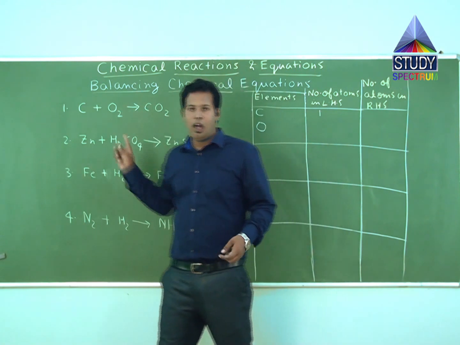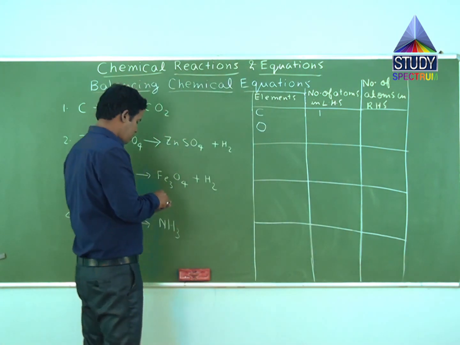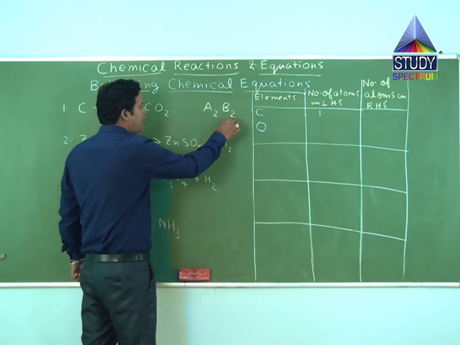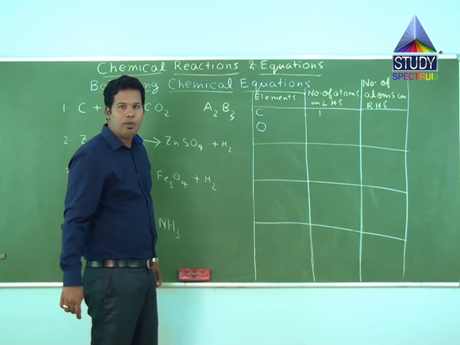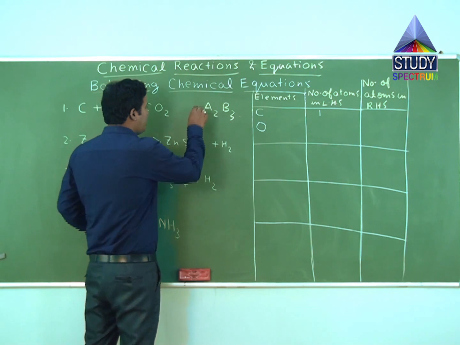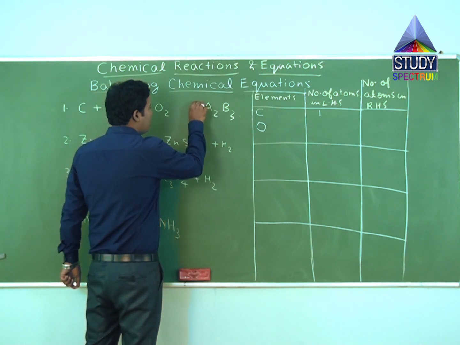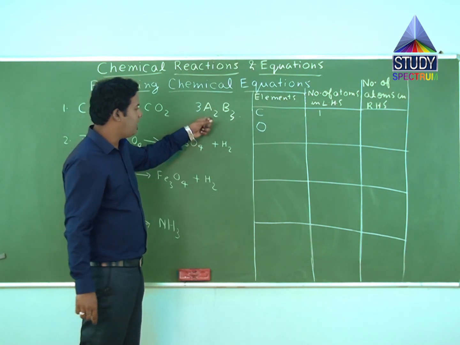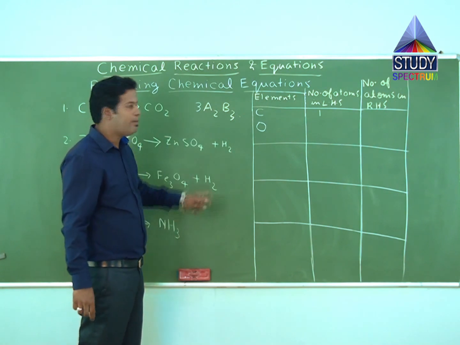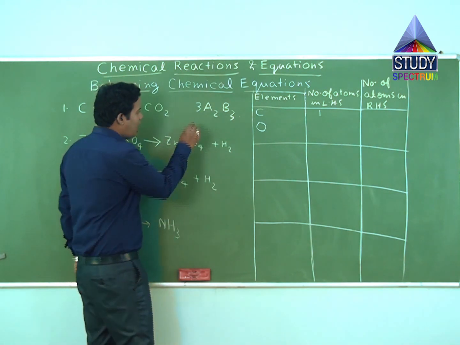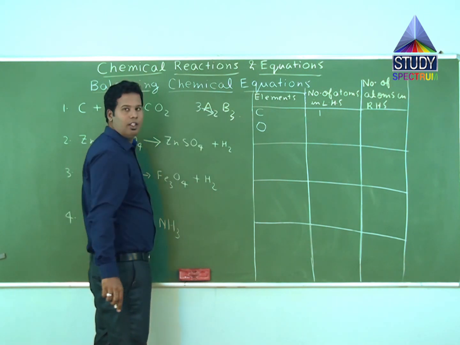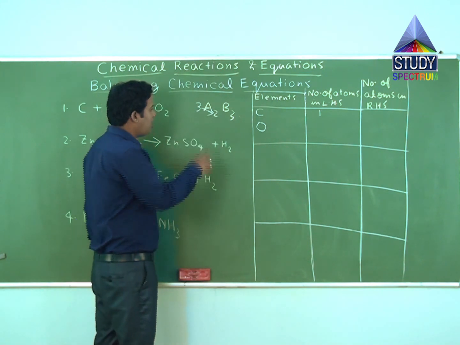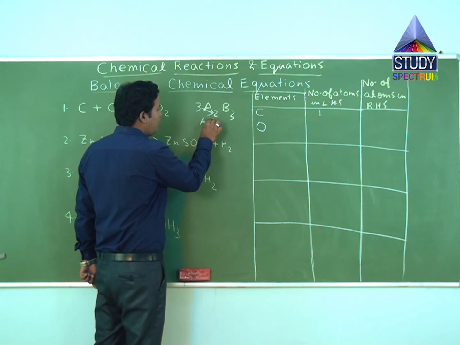Okay, now before I elaborate on this, just understand one thing. Suppose we have a compound of formula A2B3 and there is a number written in front of it, say 3. How do we find the number of atoms of element A in this compound? And how do we find the number of atoms of B? If you multiply 3 with 2, where 2 is the suffix of A and 3 is the coefficient of the compound A2B3, then the number of atoms of A will be 6.